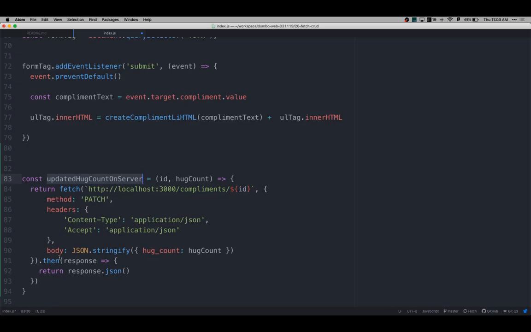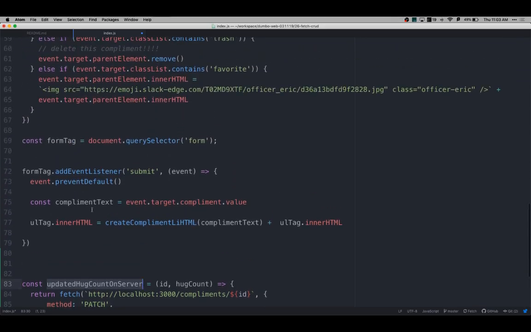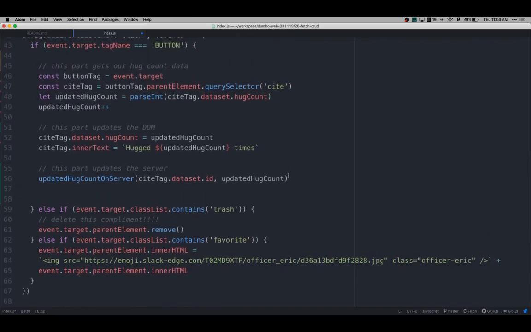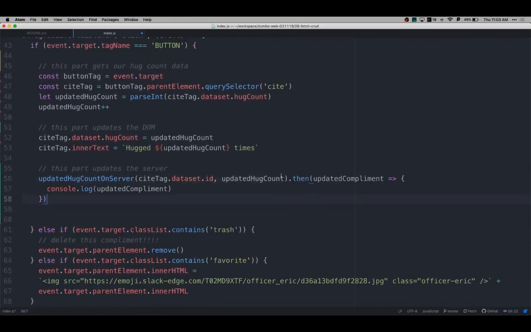A fetch returns a promise, a dot then returns a promise. So I can actually now call a dot then on this function. Okay? Here's how to read this. Update hug count on server. Because I'm returning the fetch, which has got a dot then chained onto it,